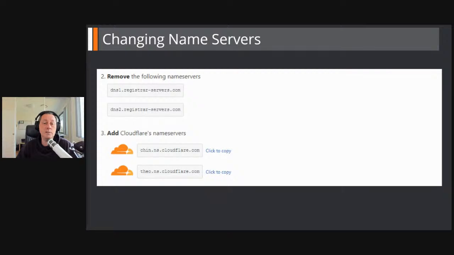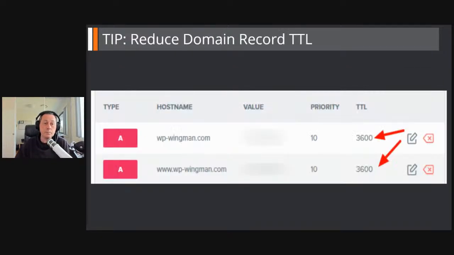And once that's done, it could take up to 24 hours as well for this. But once it's done, come back to Cloudflare and click on the Done, check name servers button. Now, here's a bit of a tip. When you're going through this process and when you've logged into your domain registrar to go and update those name servers, before you do that,